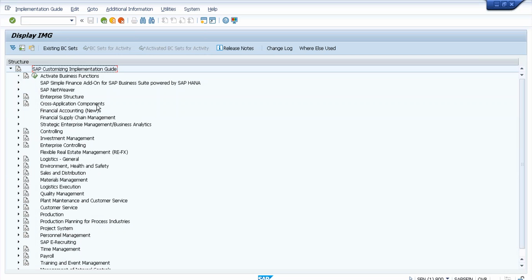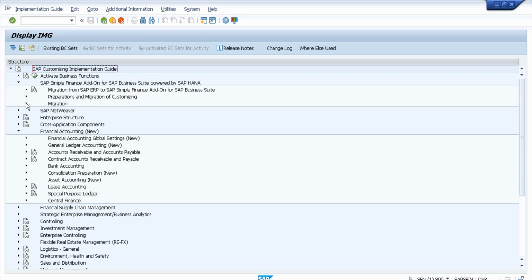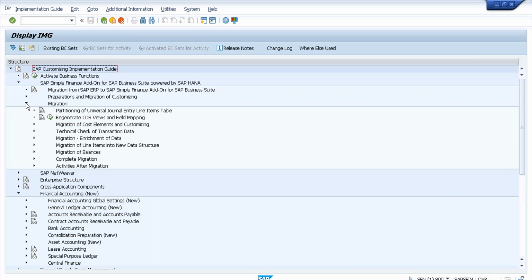At the same time, if you want to migrate from your old system to the new system, this folder contains all the different activities which you need to perform during that phase. So let me show you this. You can see the migration here. This folder contains all the activities which will be required when we want to migrate from our old system,